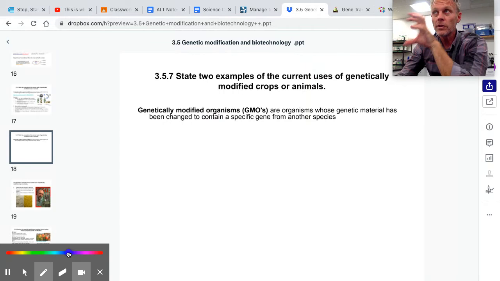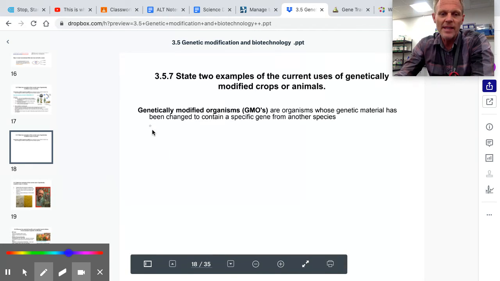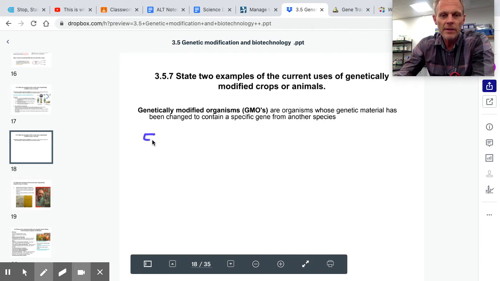We talked about transferring the human gene of insulin into a bacterium. So that's a genetically modified bacteria. But let's talk about a couple more just to play it safe. So there is a type of bacteria. We'll do it like this. It's called Bacillus thuringiensis, but we'll call it BT, and it makes a type of protein, which I'm just